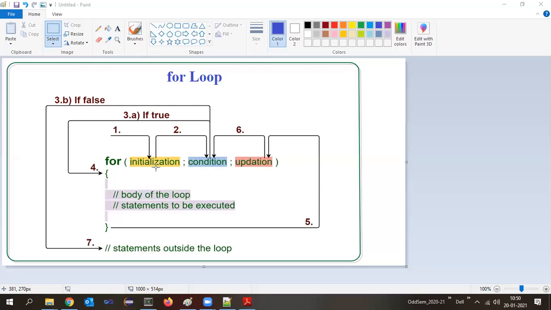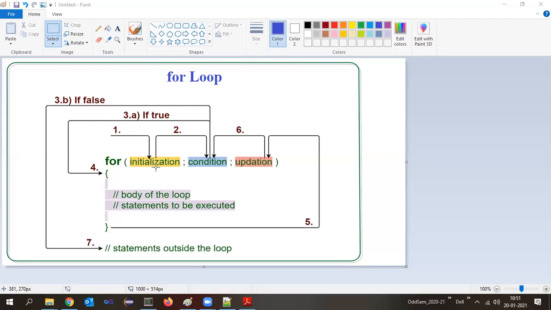Now, do you think it has any advantage over what while and do while do? If you look into this for statement, the initial value, the condition, and the updation are all written at one particular place. So there is no mess of writing the initial values before, or the updation in the body.